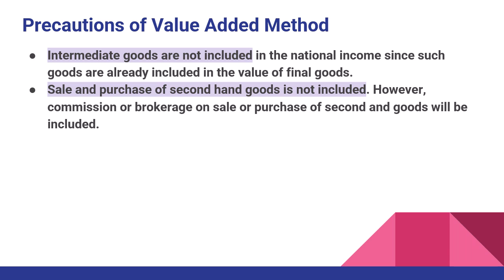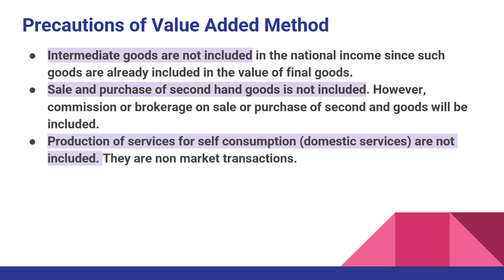Production of service for self consumption are not included, like you are giving tuitions to your sibling. अब इसकी कोई मार्केट वैल्यू नहीं है. जिस तरह से आप अपने सिबलिंग को पढ़ाओगे वैसे आप किसी आउटसाइडर को नहीं पढ़ाओगे, सो इट्स मार्केट वैल्यू कैन नॉट बी कैलकुलेटेड, सो इट्स अ नॉन मार्केट ट्रांजेक्शन. सो प्रोडक्शन ऑफ सर्विस फॉर सेल्फ कंजम्पशन दे आर नॉट इंक्लूडेड, but if you are producing goods for self consumption